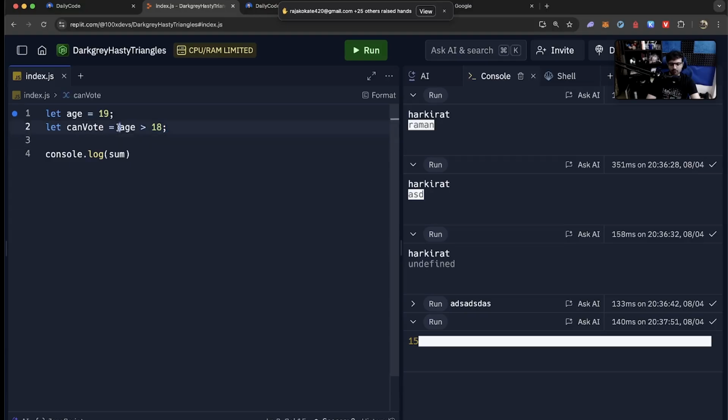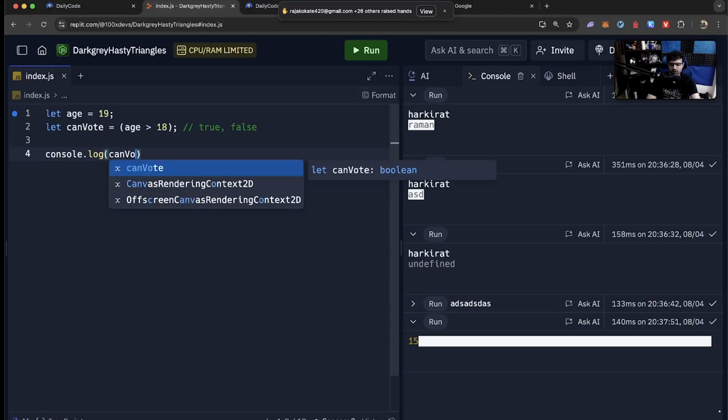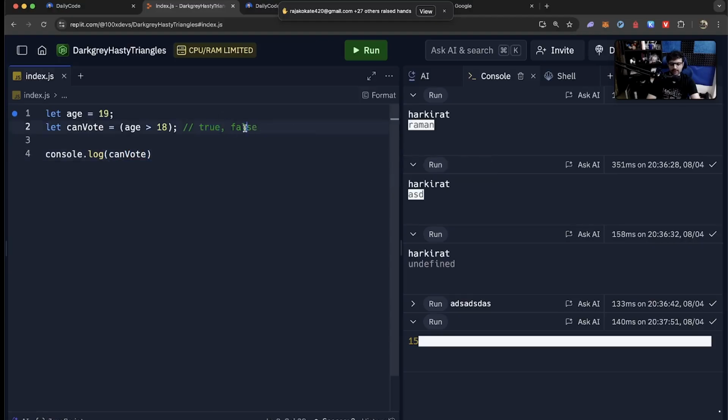I repeat, what have I done here? I have used the greater than operator. I have said your can vote will be either true or false based on if this condition is met. If age is greater than 18, then can vote will be true, else it will be false.